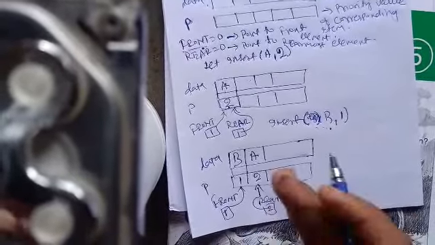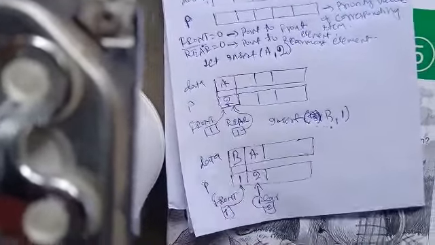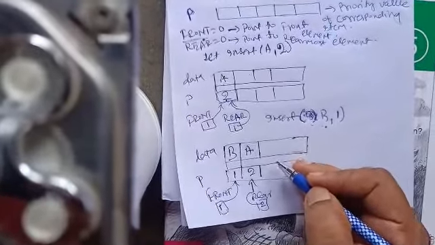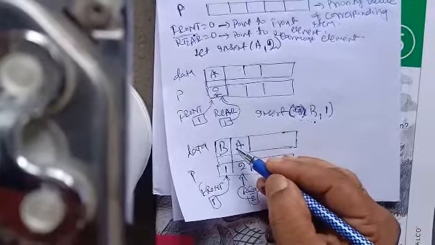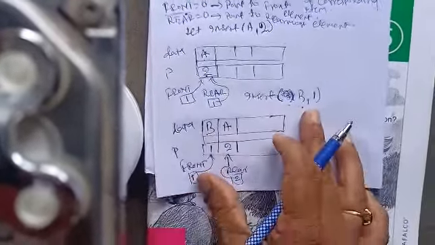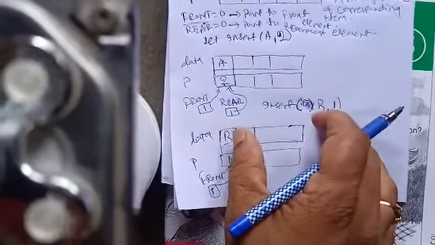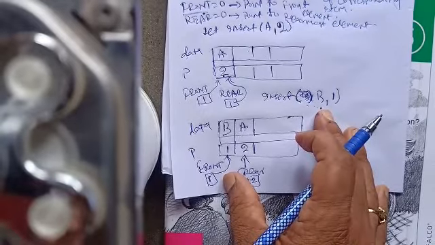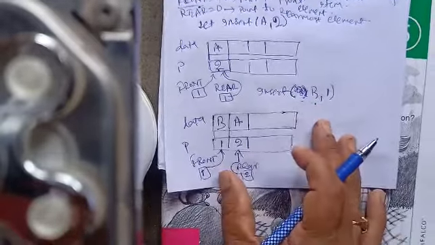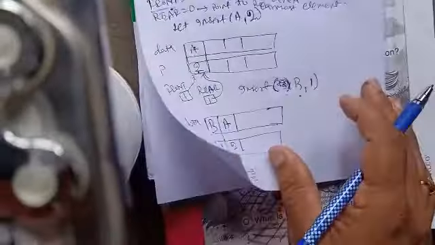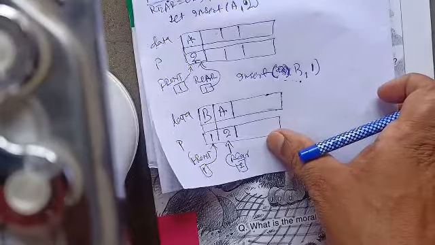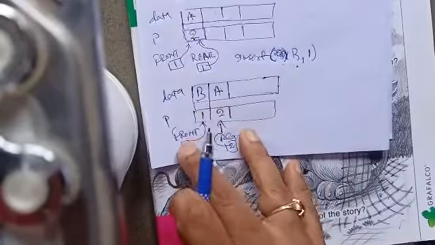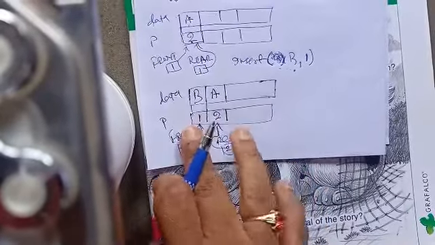If we insert another element and it has higher priority than A and B, then both A and B will be shifted. But since I said the priority value of B is 1, I'll assume that B has the highest priority unless and until an element with a lower priority value arrives. So this is how insertion will take place in a priority queue. Similarly, when we want to perform deletion, the element from the front will be removed, both its data as well as priority will be removed from the queue.